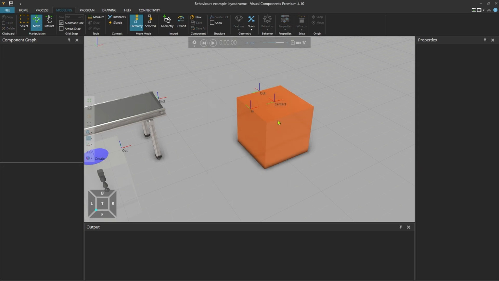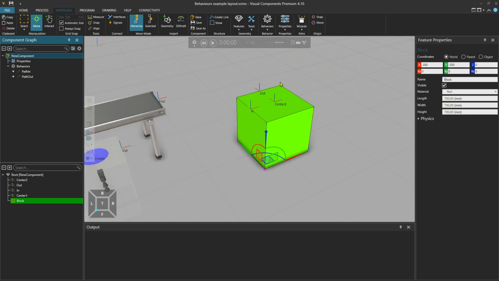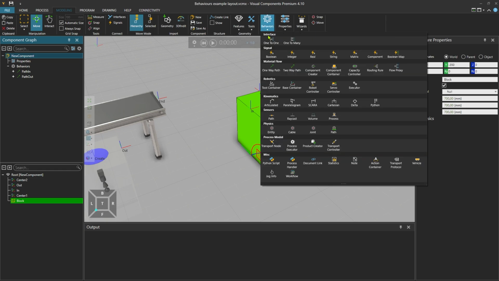Next, with our block component selected, we need behaviors that enable our new component to communicate and connect with other components. These behaviors are called interfaces. Each interface has a location, again defined with a frame, and they can have different connection sections and fields, like different types of electric plugs.